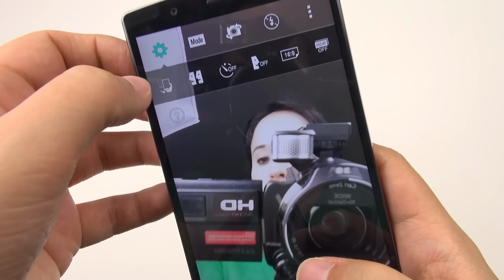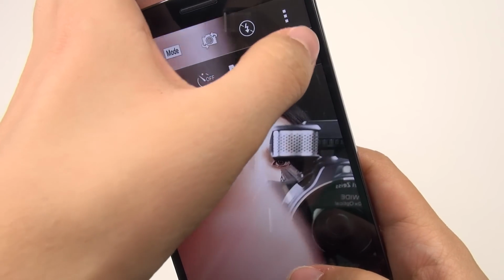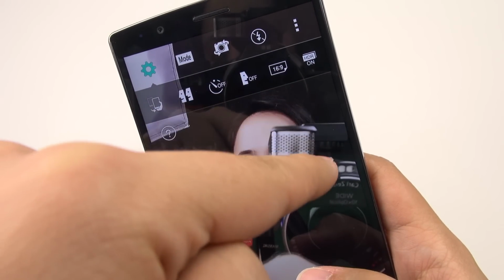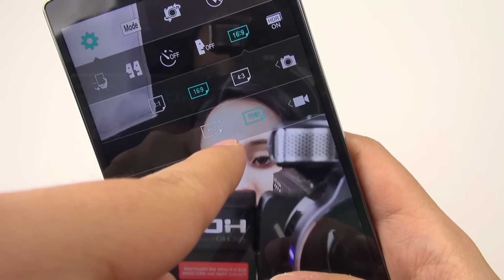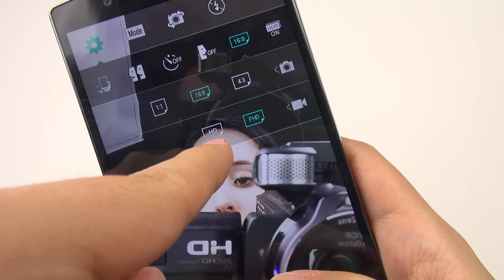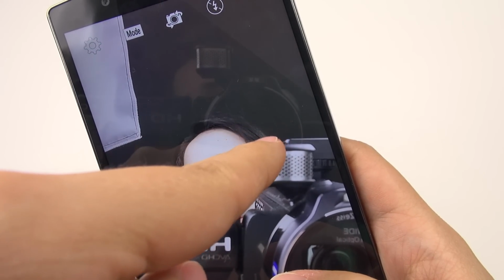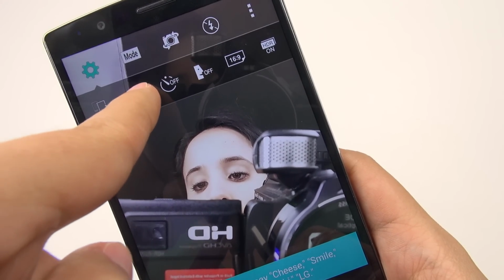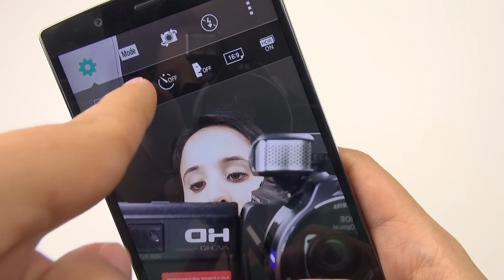Underneath the selfie settings, you can see we've got a couple of things here. You have HDR, actually, for the front-facing camera as well. We can choose our aspect. We can also choose whether we want it to be HD, 720p, or full HD. We've got voice commands, we've got a timer, we've got the ability to mirror the photo that we take, and